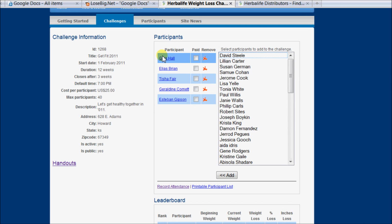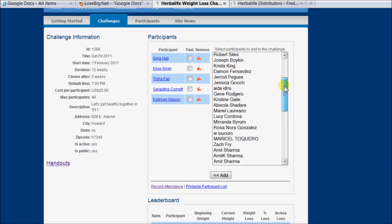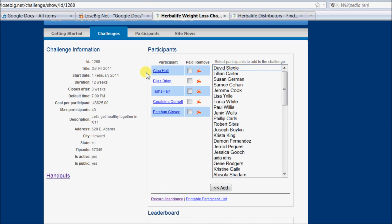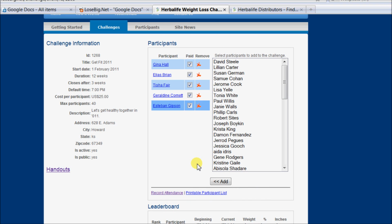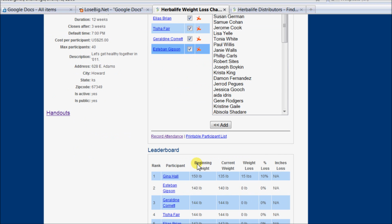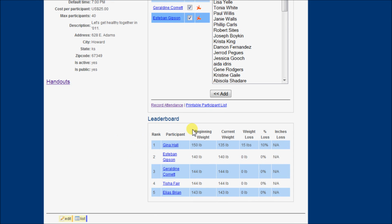So I can actually add in my old participants if they don't want to re-register online. I can just manually add them back to the challenge. I can mark who's paid and who hasn't paid, so it helps me keep track of that kind of information. Participants can register for a challenge online, and then they can also pay you for the challenge online through PayPal if you wish. We've got some test data here. These are all bogus participants and bogus data, but